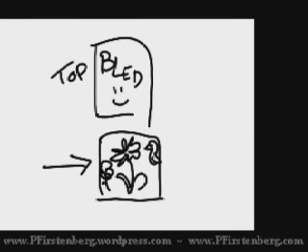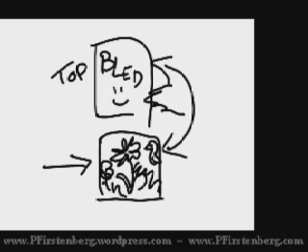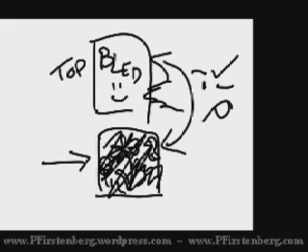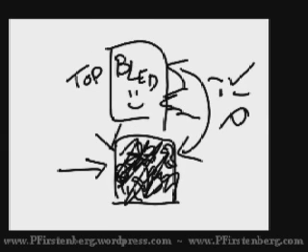So with darken, whatever colors are over here and whatever colors are over here, I don't know what these scribbles are, but whichever of the two is darker, let's say this one's darker, the color from here is going to replace the lighter color there. If this one's darker, the color from here is going to replace the color from here. It's a little bit confusing, but